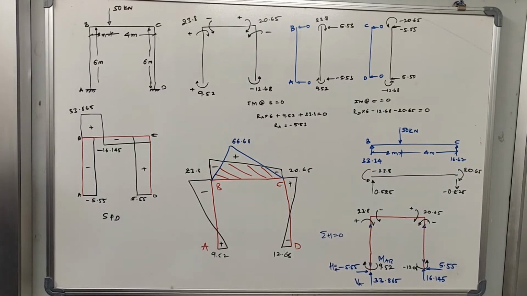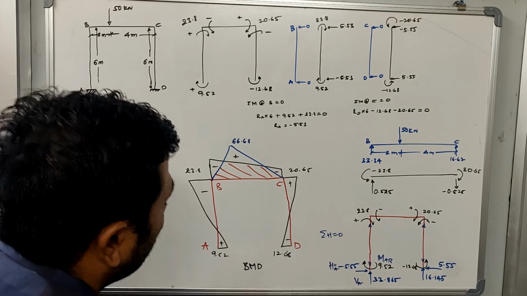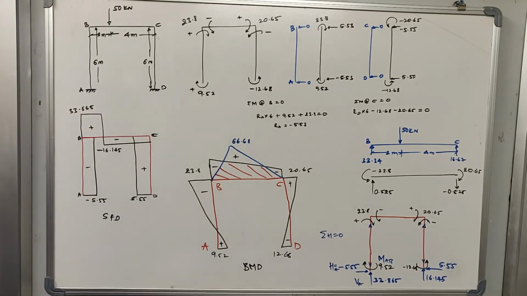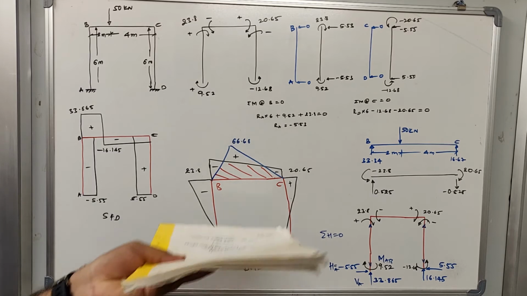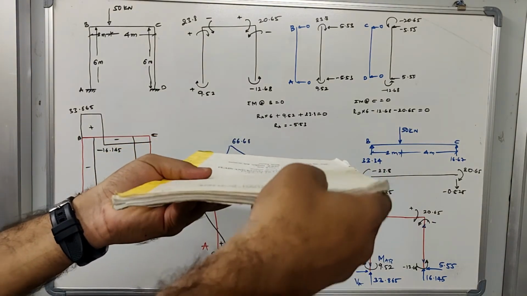Okay, next we will go to the bending moment diagram. Some of you have said that you haven't clearly understood what the bending moment diagram is. So to make you understand once more, I would like to take you through a simple analytical way of understanding the bending moment diagram. Assume that this is a beam.